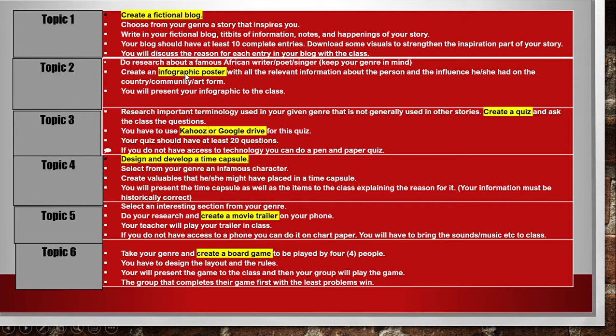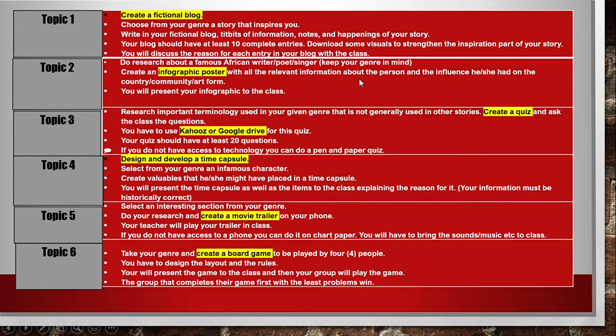He then needs to do research on what infographics is. What is it? And then he needs to do research on a poster. What is a poster usually meant to do? Usually it's to advertise something, to communicate something. And then he needs to combine the two, create an infographic poster with all the relevant information on this African writer, poet or singer.